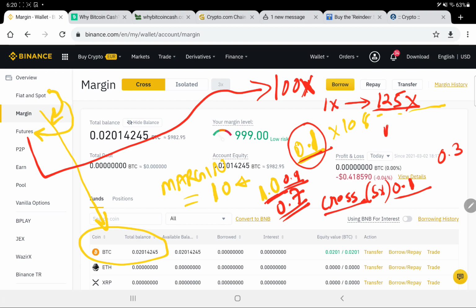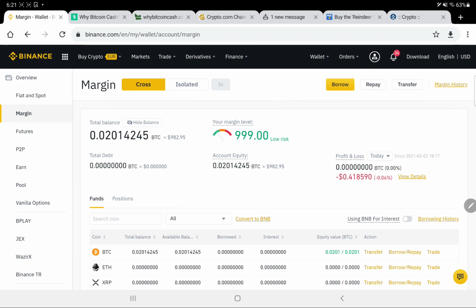For that you must have a USDT balance in your account, because the future account can only be traded with USDT, but the margin account can be traded with any other spot balance. Why can the future account only be traded with USDT? Because you are holding the position with a higher margin, which is not available with any other crypto. So you must have the USDT balance, and from that USDT balance you can either buy the BTC or sell the BTC. Whatever buying and selling happens will be used from your USDT balance. So these are the basic differences between margin and futures trades.